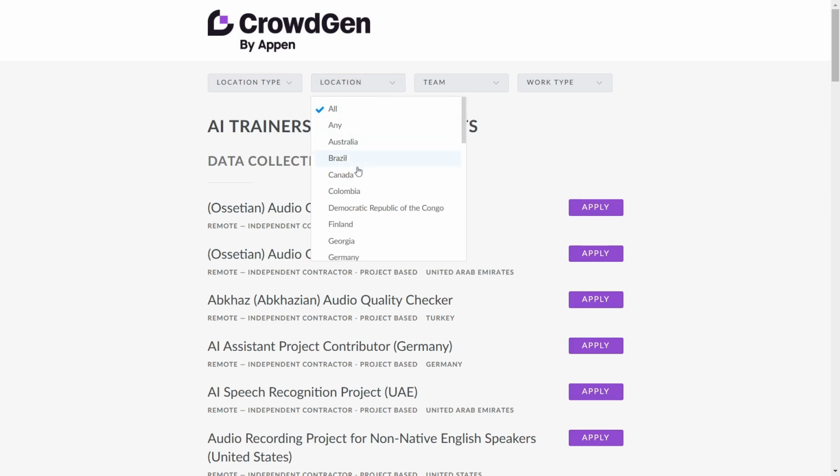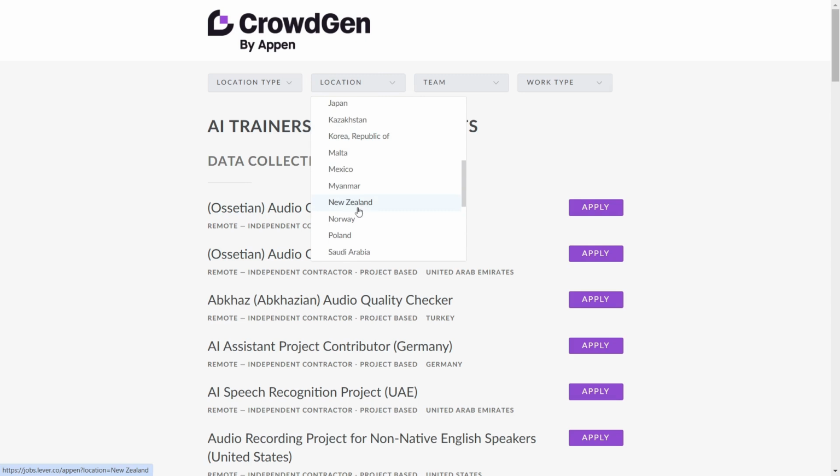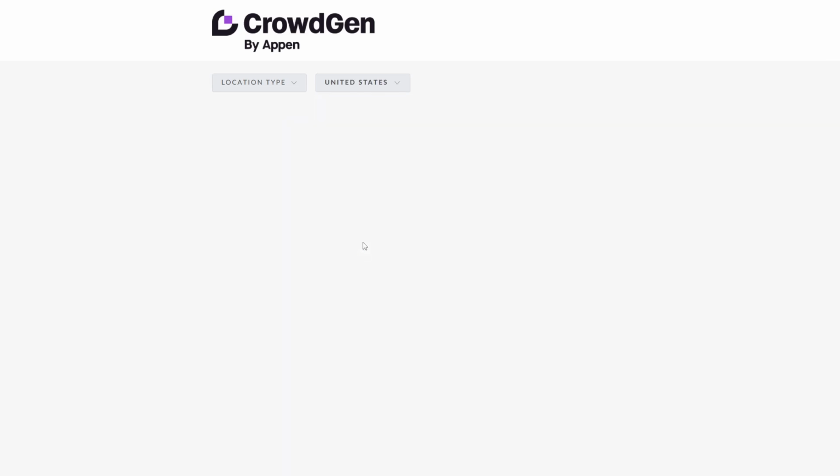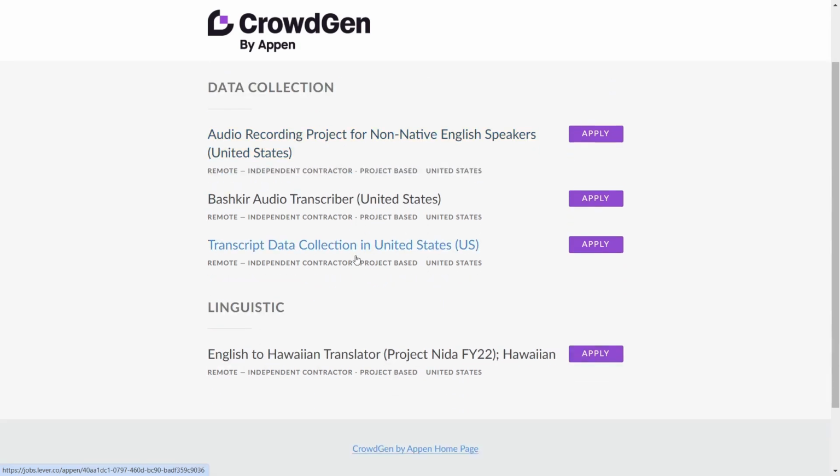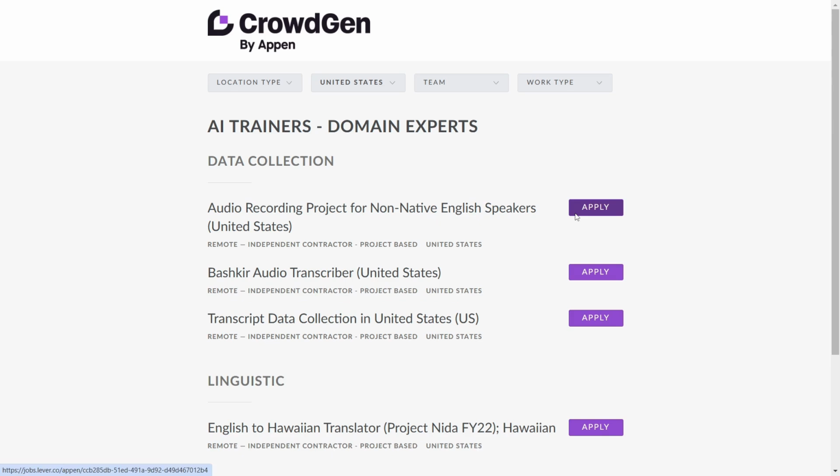Or let's say you're targeting a specific location. You just click on this part for location, and let's say you're targeting only the US region, because jobs from those areas are paying a lot of money. You just click on the US, and then each and every job that pops up is for the US. You can see this one is for an audio recording project, I think translation. So you can just click on apply,